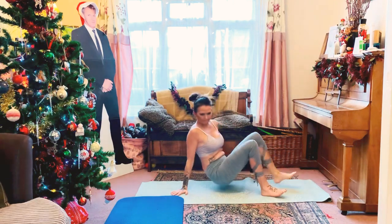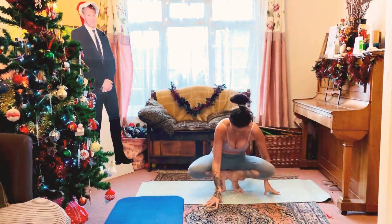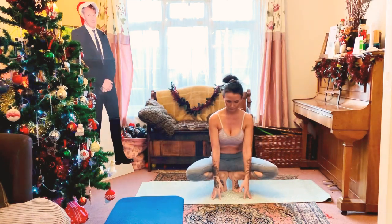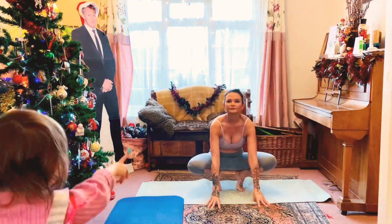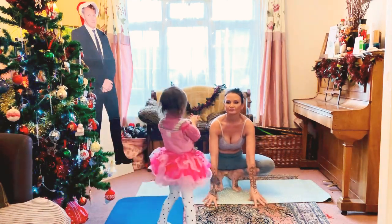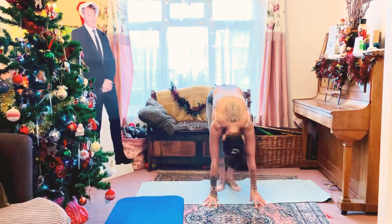Up to sitting. And we're going to do our froggy. Okay, so bring your heels together, your toes turned out, your knees turned out, fingertips to the floor. And we're going to breathe in as we look up and breathe out as we push up through the legs. We're going to do 26 together. Okay, so breathe in this pose and breathe out as we straighten the legs. So that's 1, 2,